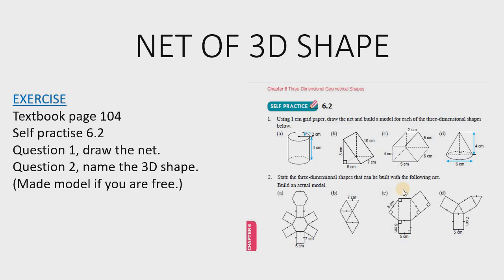Maybe you will say you don't have the material. So it's okay, for building the model we do it later. But I want you to make sure you are able to state the name of the 3D shape based on the given diagram in question number 2. Okay, so this is all for